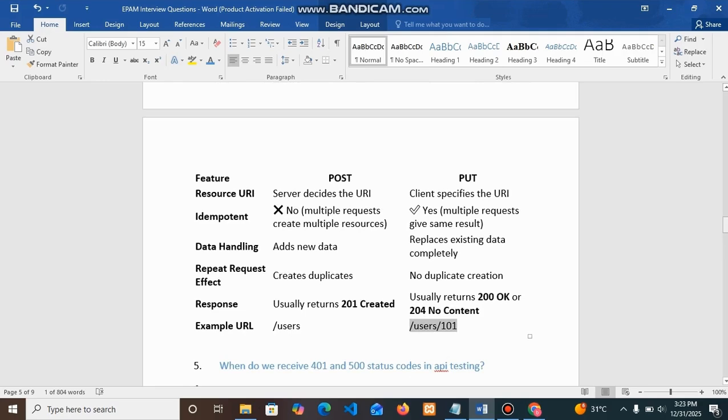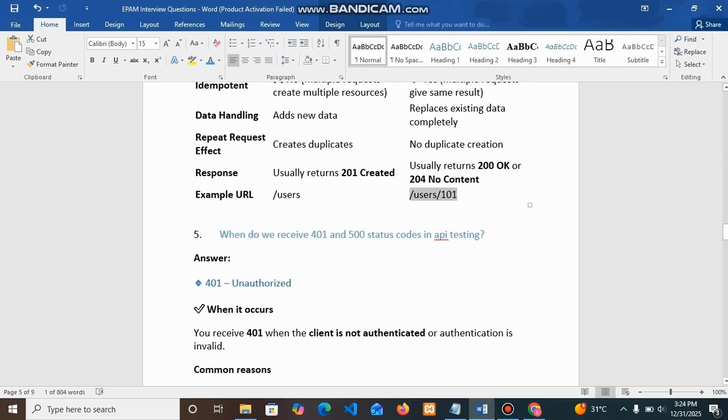So we can explain based on the existing API we used for one of the scenarios. We can explain how we updated data for users using PUT, and how we created new data using POST. We can explain those things for different scenarios. And the next question is about